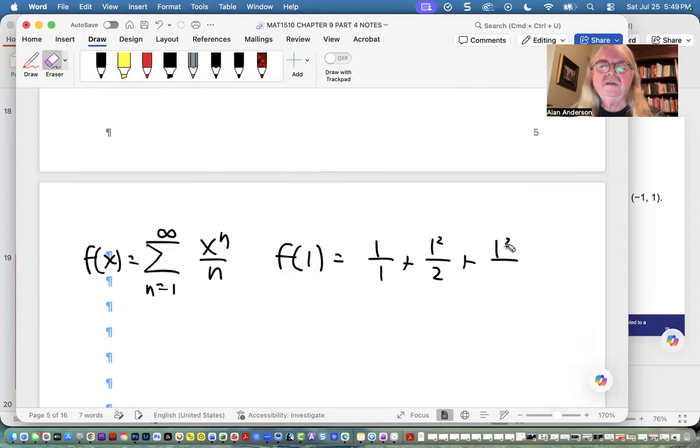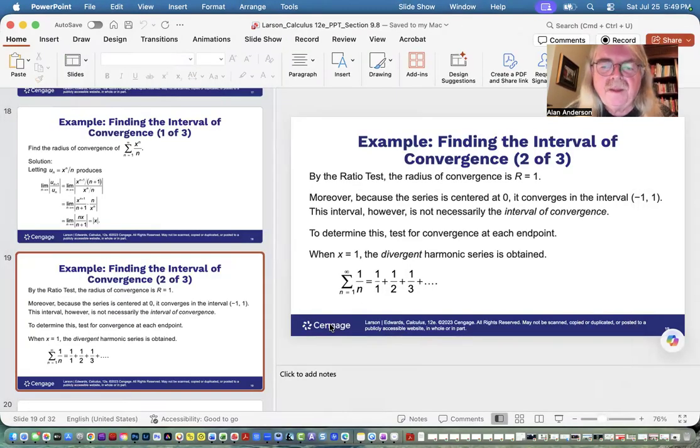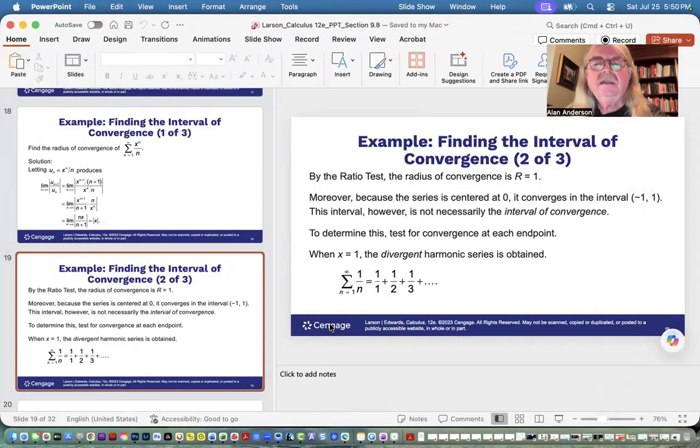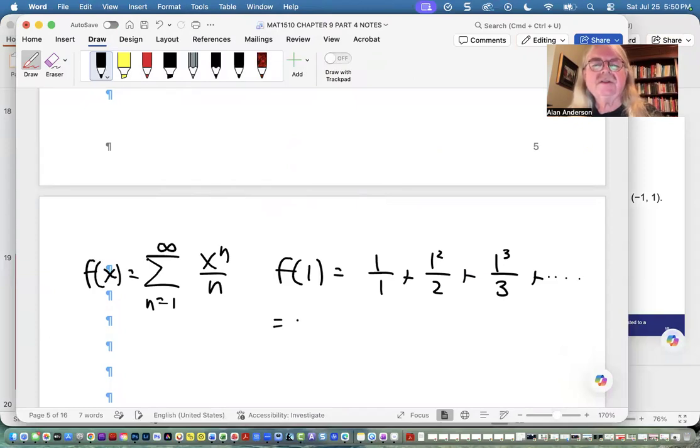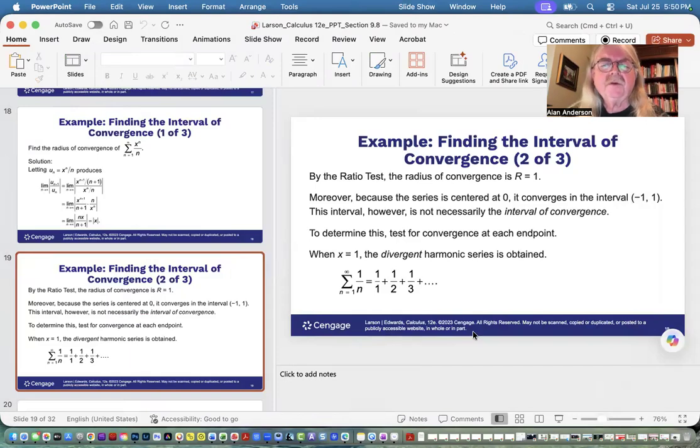This is going back to something introduced earlier. I forgot what chapter this is. This is a so-called harmonic series. Divergent. It's 1 over n to the p. All right. Anyway, so when x is -1,